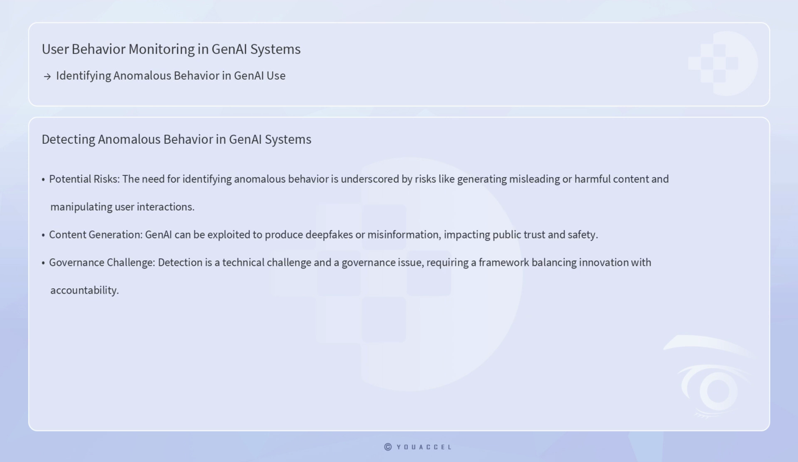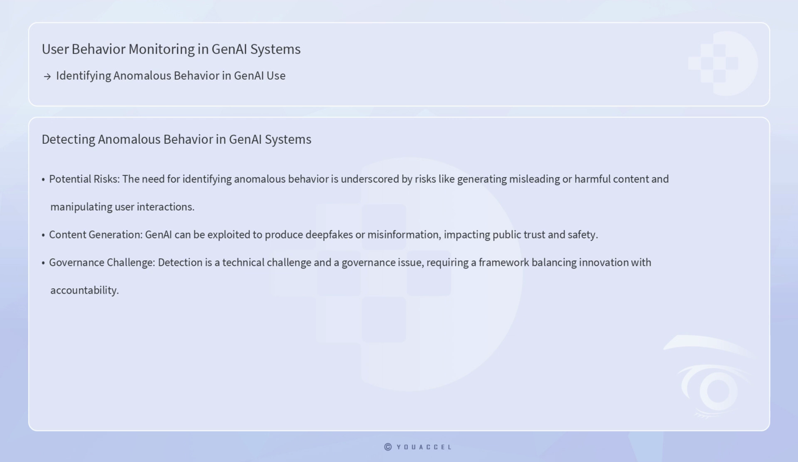The need for identifying anomalous behavior in GenAI systems is underscored by the potential risks associated with their misuse. These risks can range from generating misleading or harmful content to manipulating user interactions for malicious purposes. For instance, in the realm of content generation, GenAI can be exploited to produce deepfakes or misinformation, which can have significant implications for public trust and safety. Consequently, organizations deploying GenAI technologies must implement robust monitoring systems to detect and mitigate these risks. The detection of anomalous behavior is not only a technical challenge, but also a governance issue, necessitating a framework that